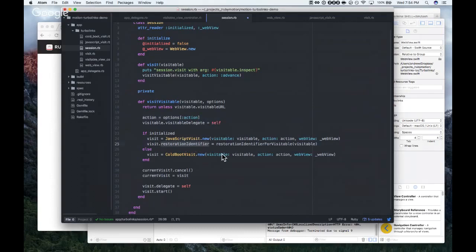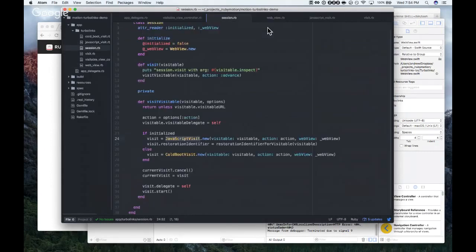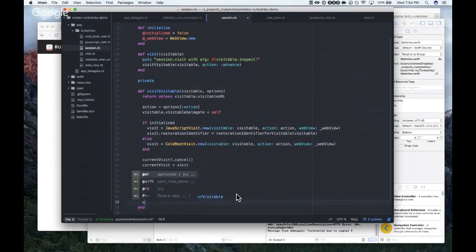And this is a restoration identifier on a JavaScript visit. This is another method. Yeah. I'm just going to say do, because right now we're only concerned with a cold boot.